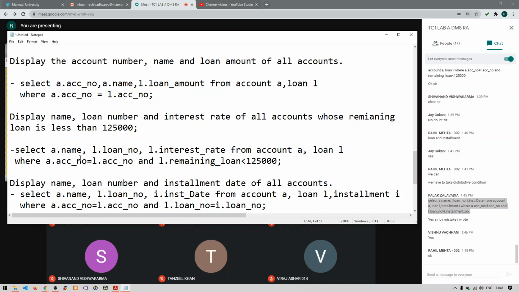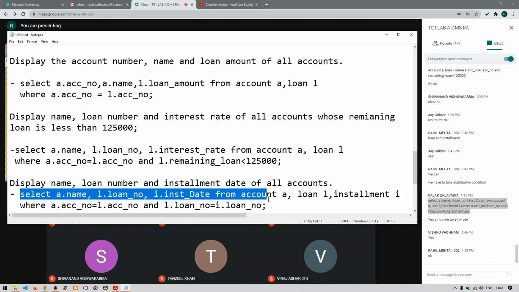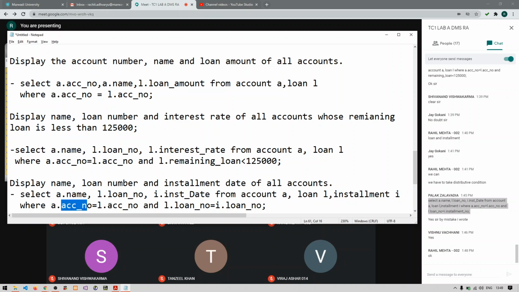Yes, sir. So this is your query. See, select A dot name, L dot loan number, I dot installment date from account A, that is the account table, loan L and installment I, where now we are just putting two default conditions because we have three tables. So the first default condition is A to B, that is the account table and loan table comparison, and the common column between the account table and loan table is account number. So we have compared that as A.ACCNO equals to